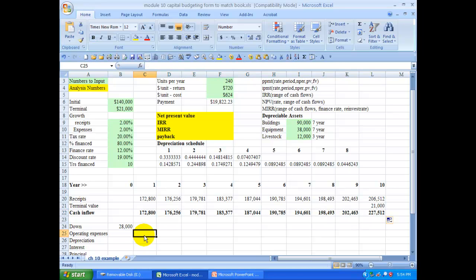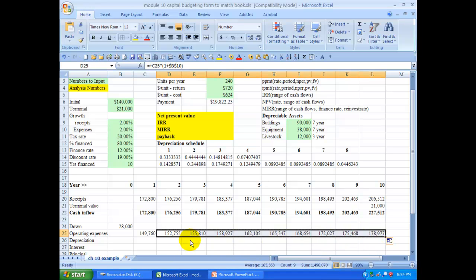Then I go to my operating expenses. They're going to work just the same way as the receipts did. It's the units per year multiplied by the cost per unit for the first year. The second year is going to be the first year's amount multiplied by 1 plus the growth rate on expenses. And you want to do the F4 around your expense growth rate so that it'll keep that cell reference fixed as we drag it across. So I drag it across